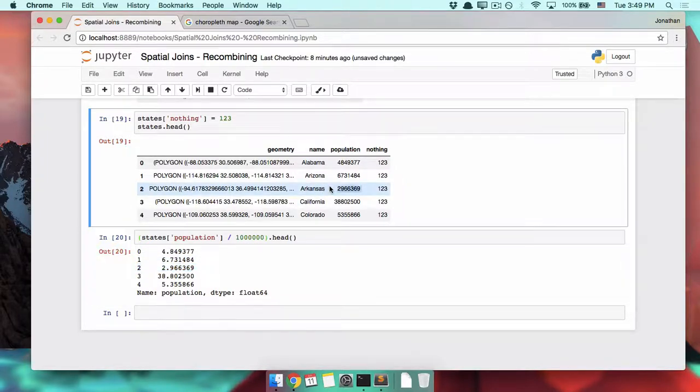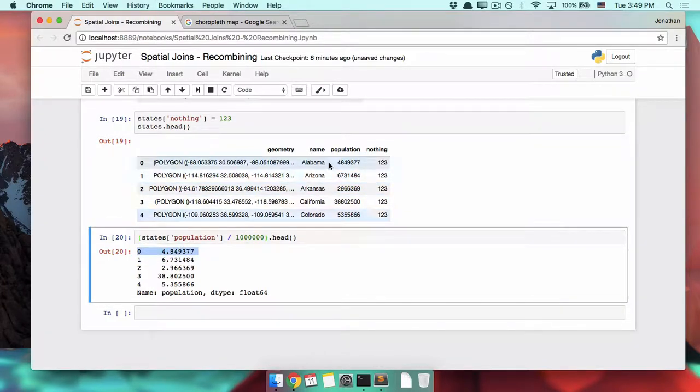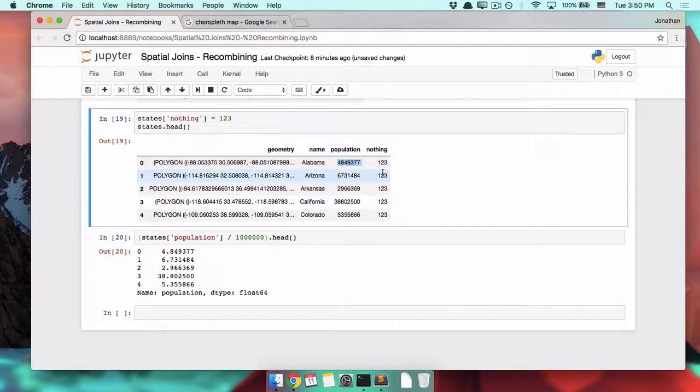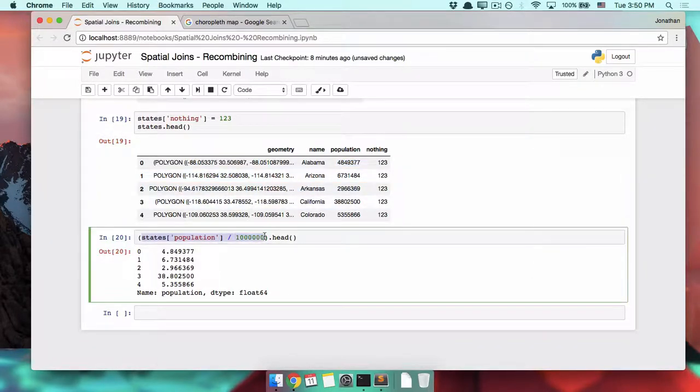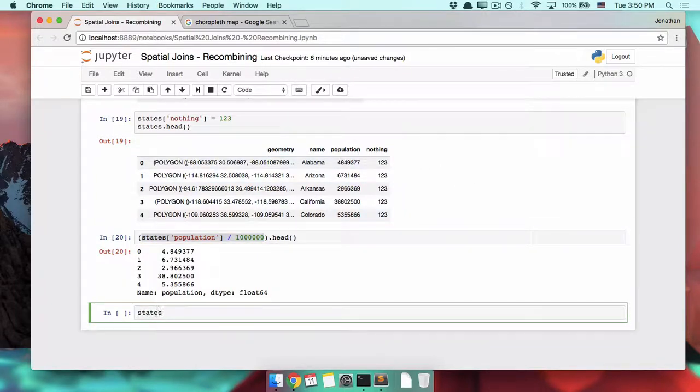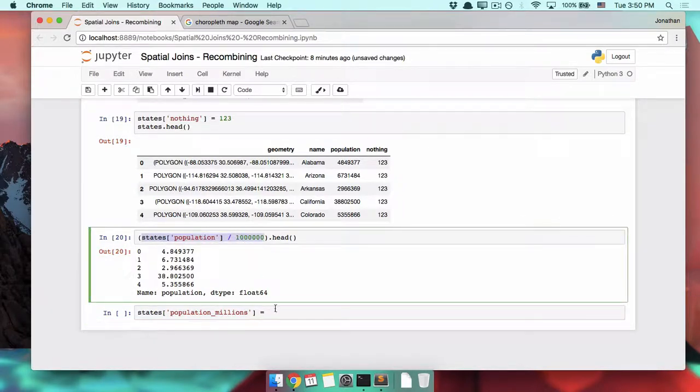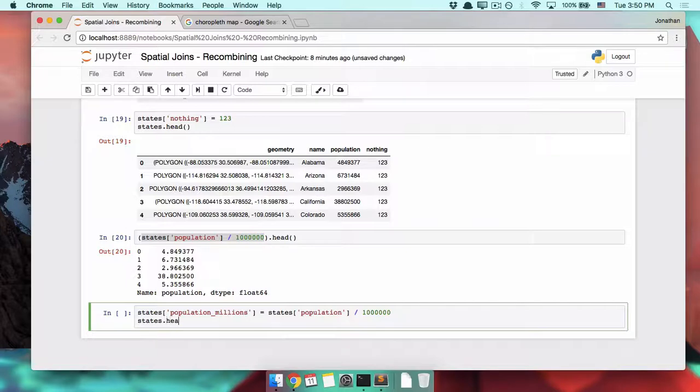So this is Arkansas, this is Arizona, this is Alabama. Nothing too crazy, right? It's different for each row, and as we already know from work that we've done before, we can take this calculation and save it back into our data frame. So I could say, states, you're going to have a new column called population millions. And I'm going to make it be equal to this. And then if I do a head,